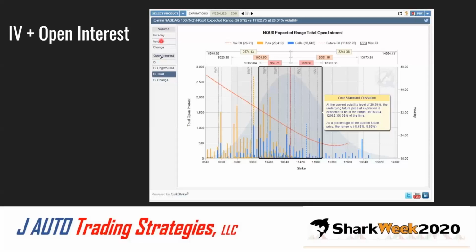The difference between volume and open interest is that open interest is when you go in and maybe put an order in near a strike using delta or whatever you want, just to have it sitting out there in the open. It's not been filled, and that's the open interest.